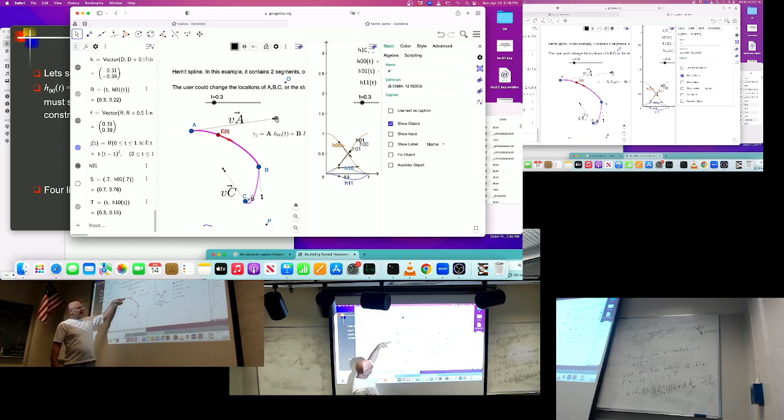So VA indicates the direction where I start, and that's also the velocity that I start with. That's where I start moving. How long it is is the absolute value of the original velocity that I start with. At B, the vector VB